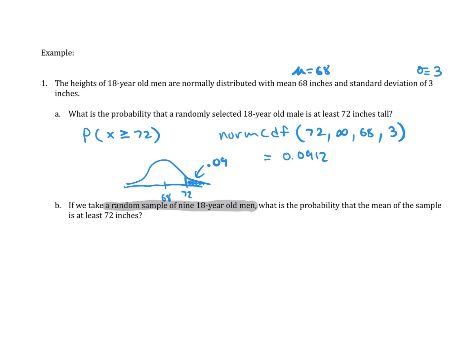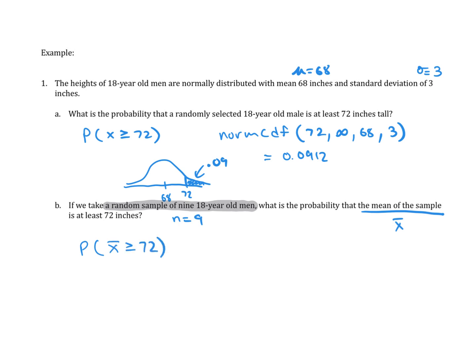That means we are given an n value. Our sample size is 9. And we want the probability that the mean of the sample is at least 72 inches. That's x bar, rather than just randomly selecting one person who's at least 72 inches tall. Now we're talking about the mean of the sample. So this time we want the probability that x bar, the mean of the sample, is greater than or equal